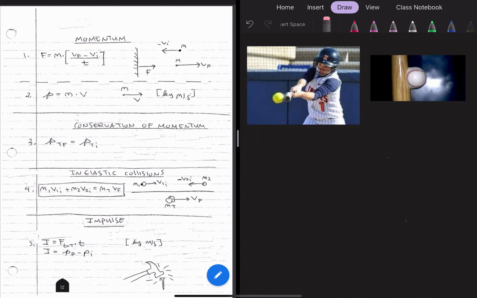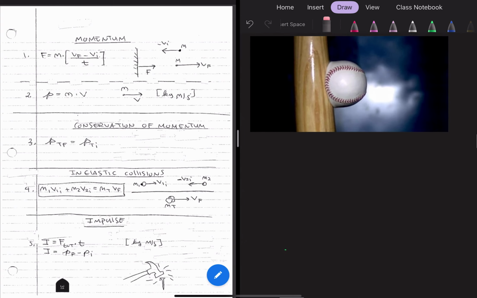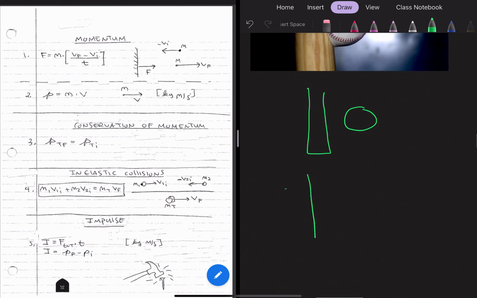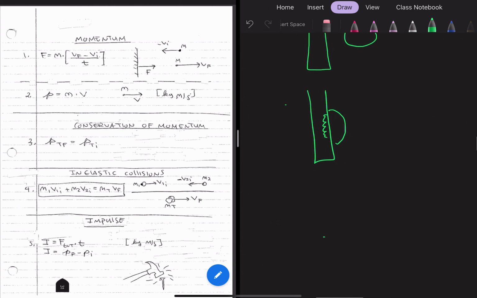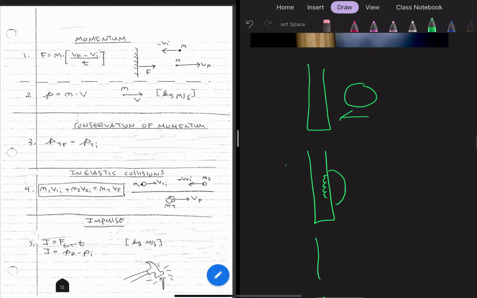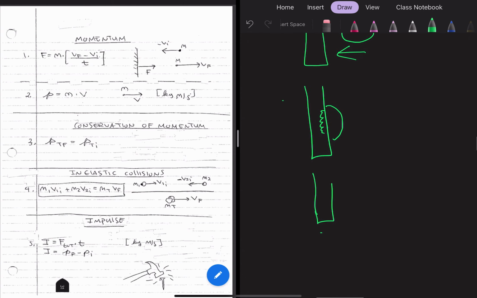The last concept that we're going to look at for collisions is what happens when you hit something. So let's go back to this baseball here. Before the collision, this is the baseball bat, and this is the baseball. During the collision, the baseball is in contact with the bat and gets deformed. Before it's going this way, and then after the collision, the baseball takes back its shape and flies off